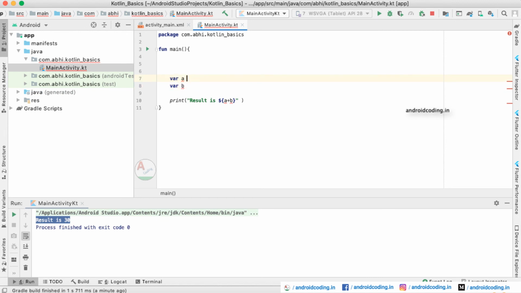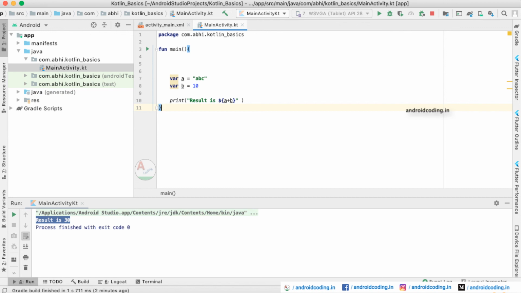We are declaring a string here, a number here, and it is accepting everything. You might have these kinds of questions. In the next tutorial we will see what a variable declaration is, how we can do it in Kotlin, and what the types of variables are.